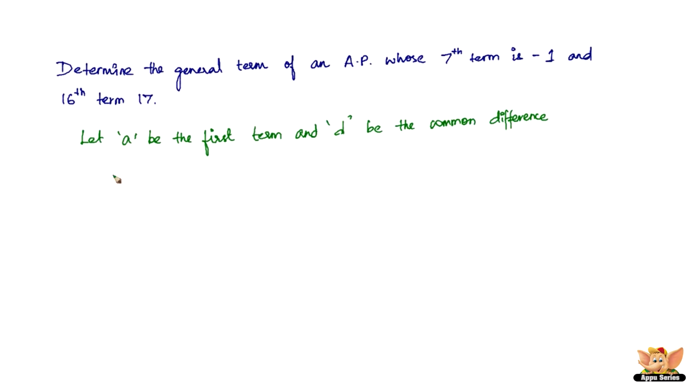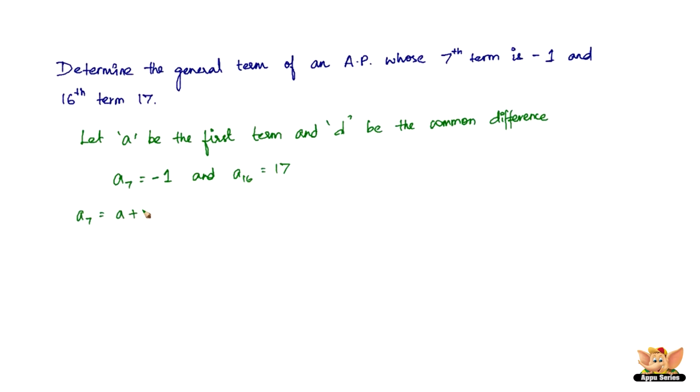It's given that the seventh term is -1. That means A7 equals -1. And it also says the 16th term, that is A16, is equal to 17. So now A7 can be written as,